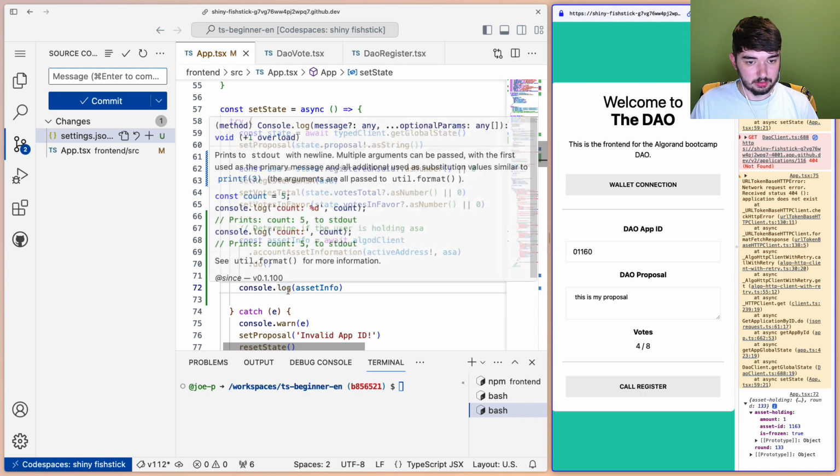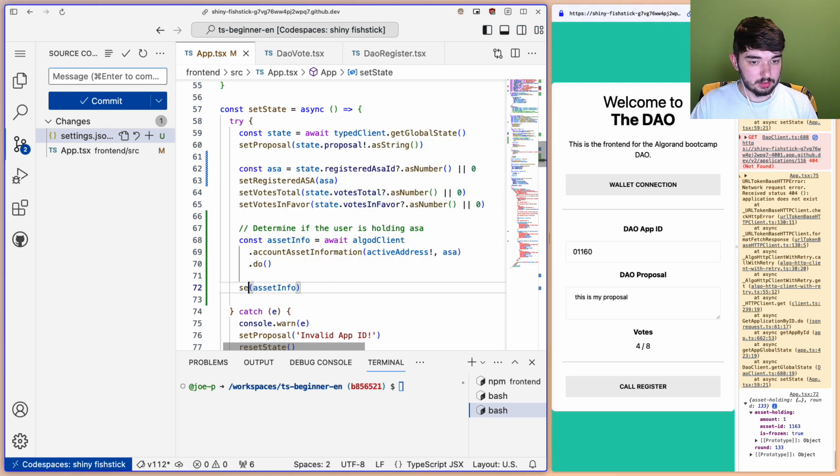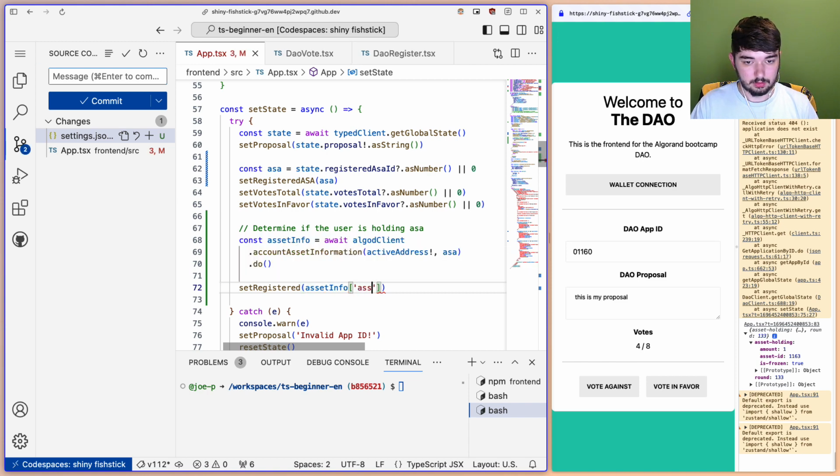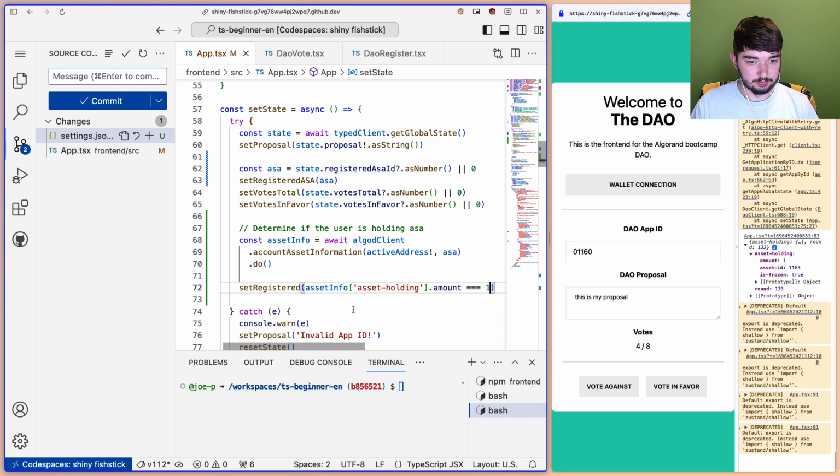So we want to basically set registered to asset info, asset holding dot amount, and is that equal to 1 or not? So if the user has one asset of our ASA, then it's going to be true,